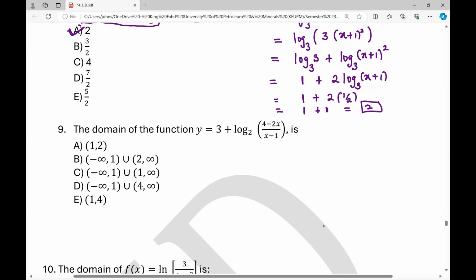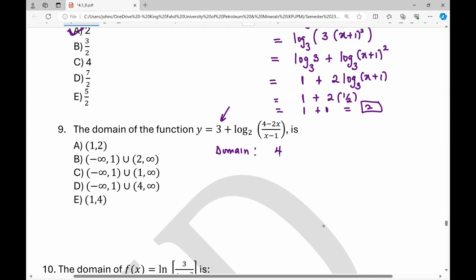Now, number 9 is similar to what we've done. Here you can see this 3 does not play any role. It's just a vertical translation, so it will not affect the value of x. It only affects the value of y, so it will only affect the range. The domain will still be the same. So the domain,